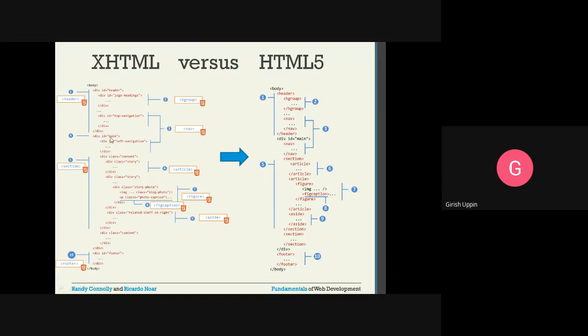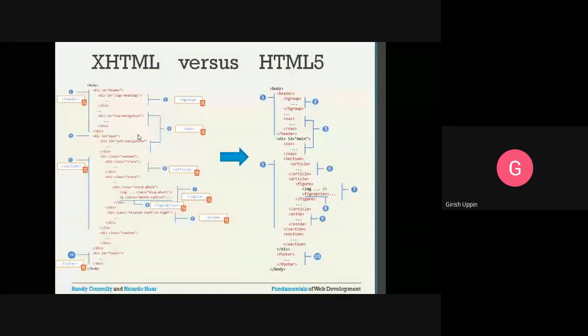Then you have this division for the main page, ID equal to main. This has all the main information. For each of the divisions, they have used either an ID or a class. Here, class equal to content. So every division has an ID or a class. That is how they are able to understand each of these divisions, why they are used and what grouping each is making. If you compare this with HTML5, we have a header HTML tag that is a replacement for this one.